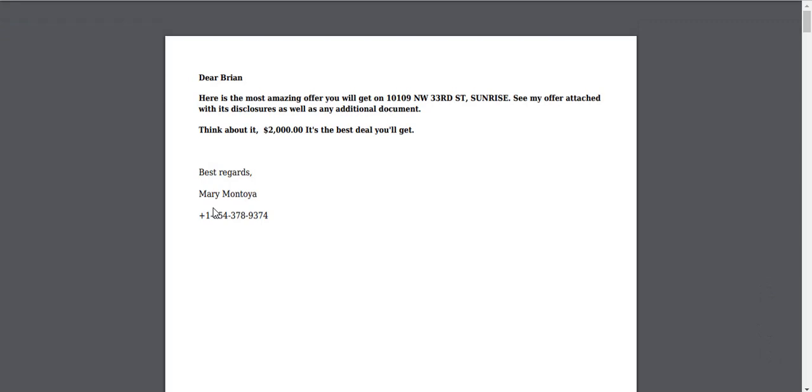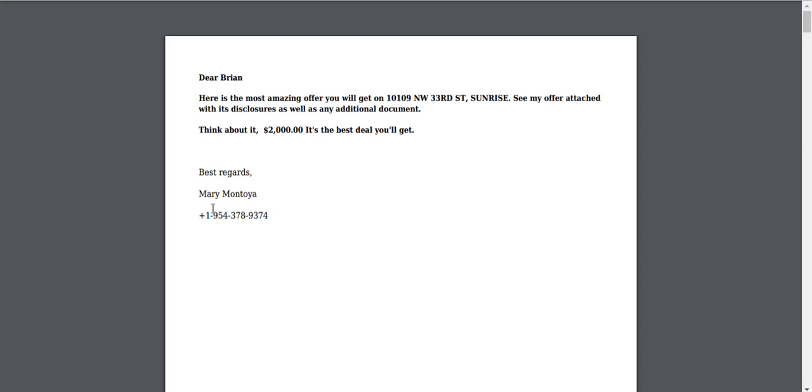Once you click on OK, the system opens a new tab with a PDF file where you'll be able to see the letters that you just created. Please remember that since this is a new tab on your browser, you need to have the pop-ups unblocked on your computer so you can see this result, this letter. If you click on OK and nothing happens, the first thing you'll need to check is if the pop-ups are